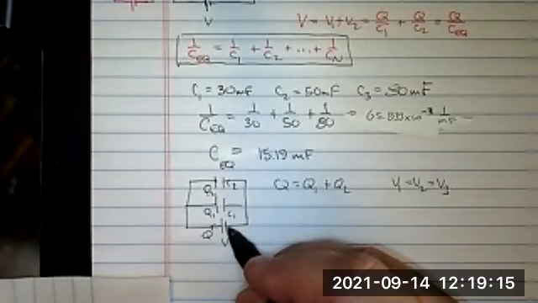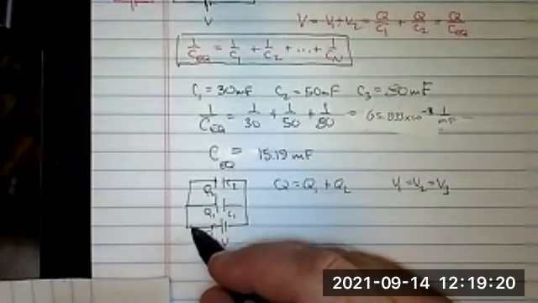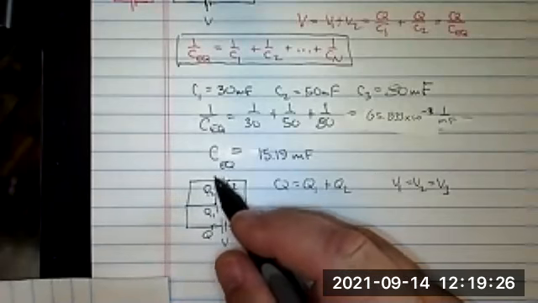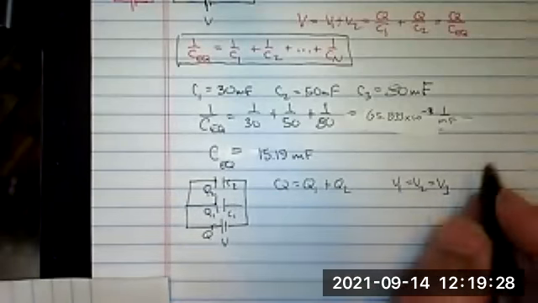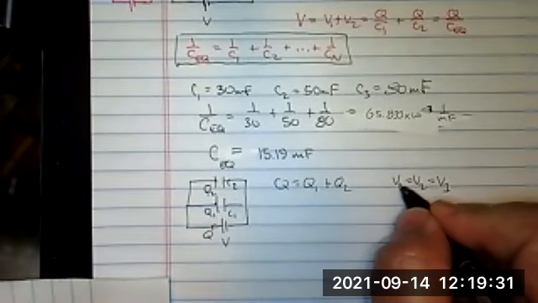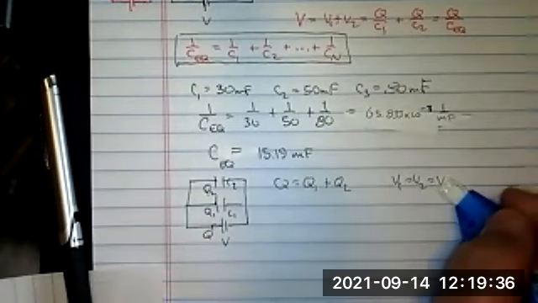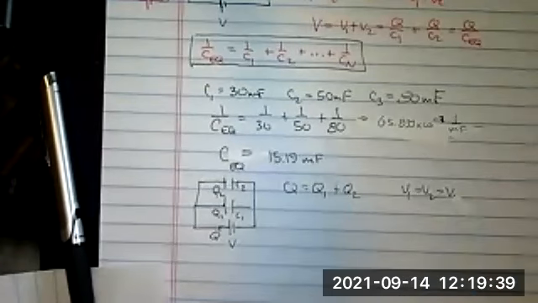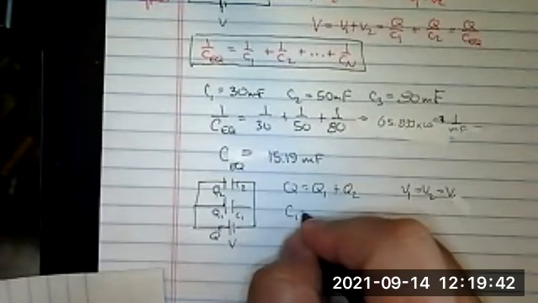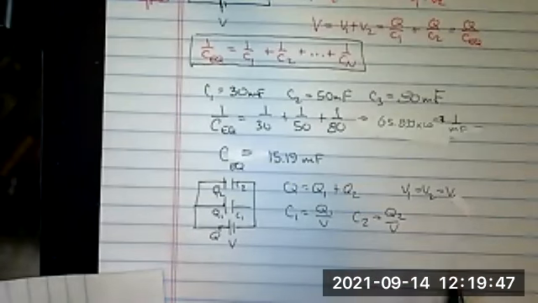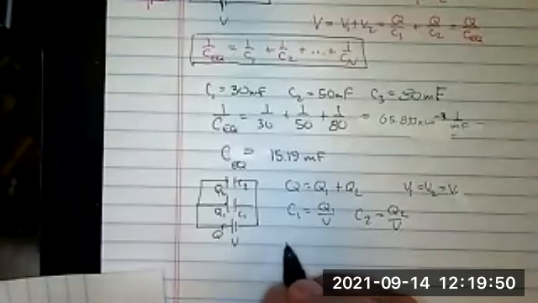You can sort of think of it as this battery brings you up to a hill's height, and then there's no resistors, so the hill height doesn't decrease in going to here or here. So these all are at the same height. That's why the voltages are all the same. Or excuse me, just plain V, without the V1 and V3. So the voltage of the battery is equal to the voltage of each of them. And then I see that C1 is equal to Q1 over V, and C2 is equal to Q2 over V. Plugging that into here, I see that C1V is equal to